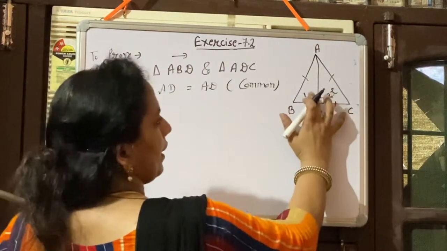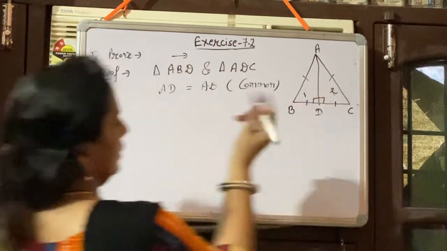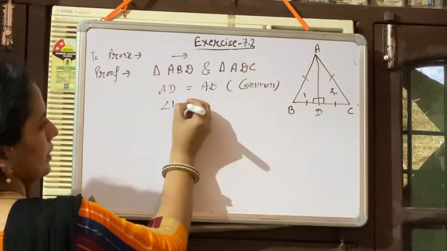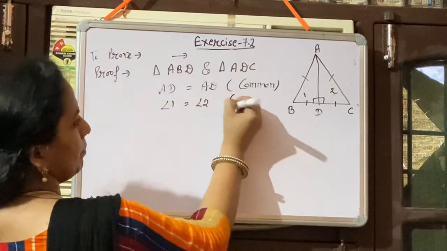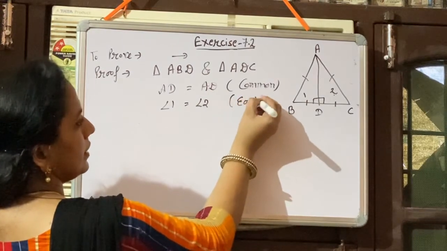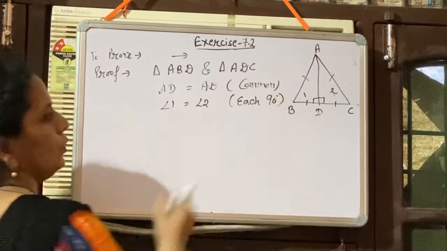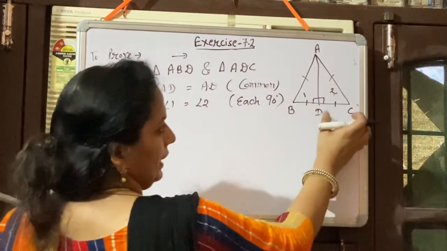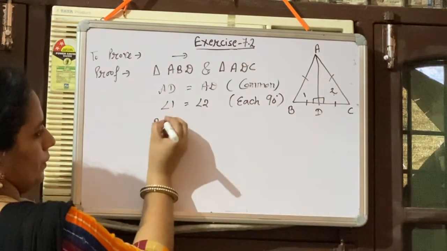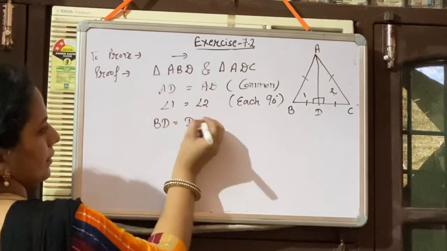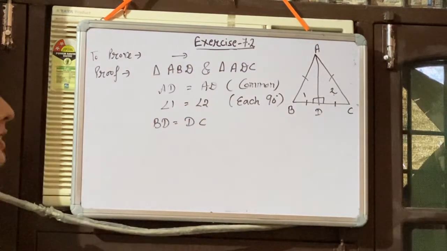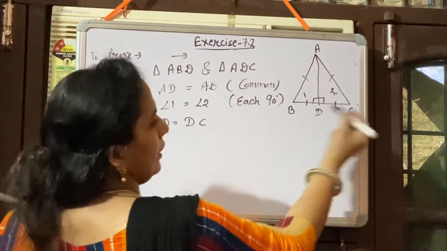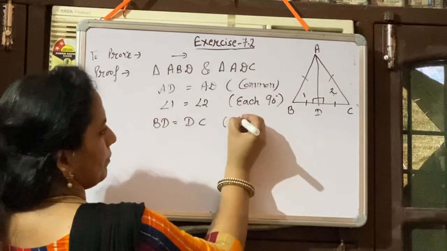So we can write angle 1 is equal to angle 2, because the reason is each is equal to 90 degrees. Next is BD is equal to DC. Reason: because AD is the perpendicular bisector